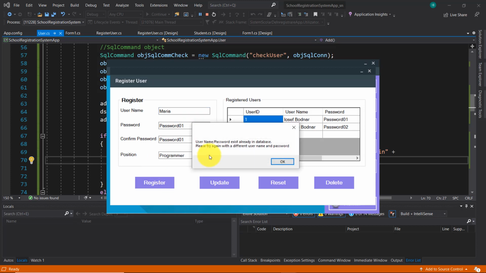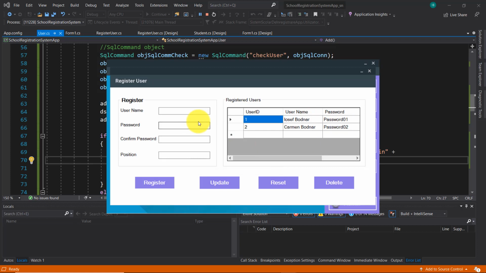Click on register. Username, password exists already in database. So the code works properly. We can't enter this user because we use the same password which already exists in the database. As you can see, password 01. Yeah, so let's